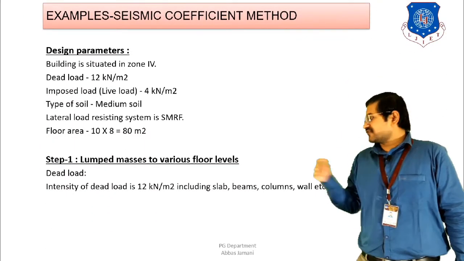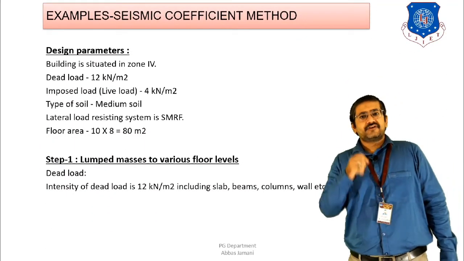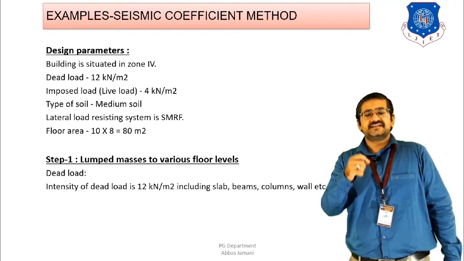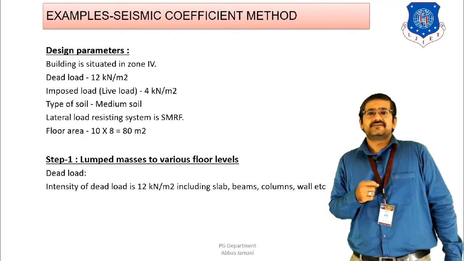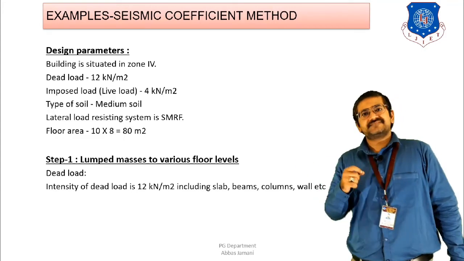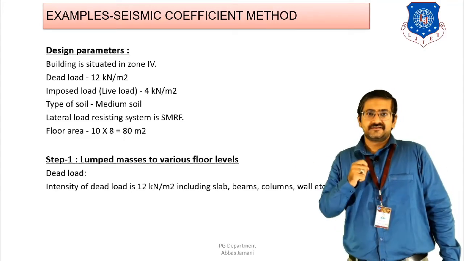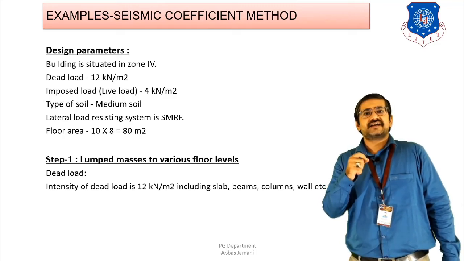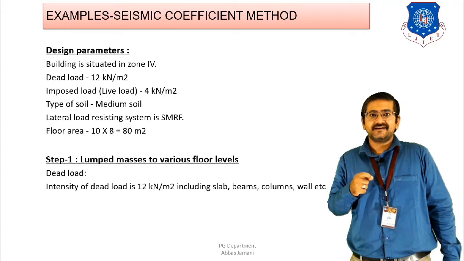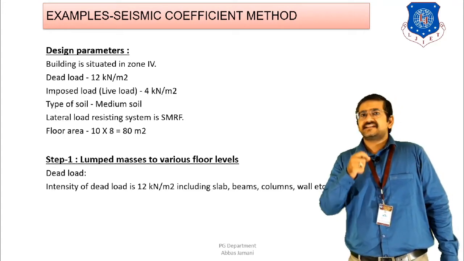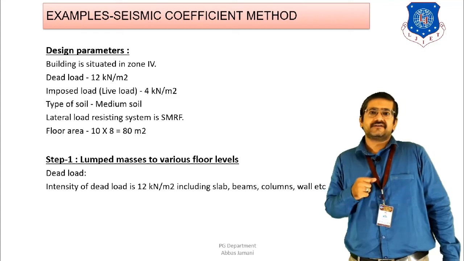Now if we look at the data that is given to us, then from the data itself we will be able to make out some very important points that we need to keep in mind for solving this example, where the first word that is being used is that the building is a school building. So when the building is a school building, basically I can say that it is going to come under the category of public buildings, right? And in case of public buildings, one thing that is important is that the service life of the structure should be more as compared to that of the regular structure.